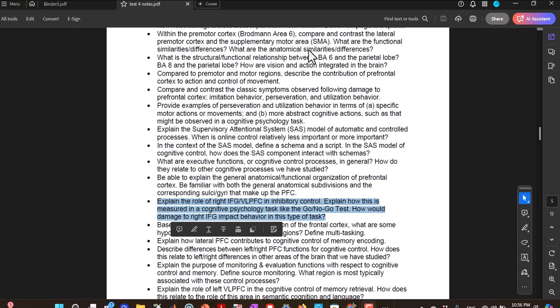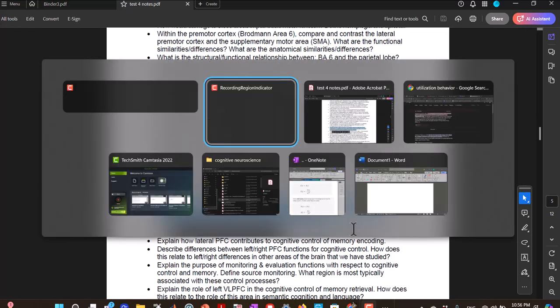Okay, so you had asked this question. Explain the role of the right IFG or VLPFC in inhibitory control. Explain how this is measured in a cognitive psychology task like the go-no-go task. How would damage to the right IFG impact behavior in this type of task? So,